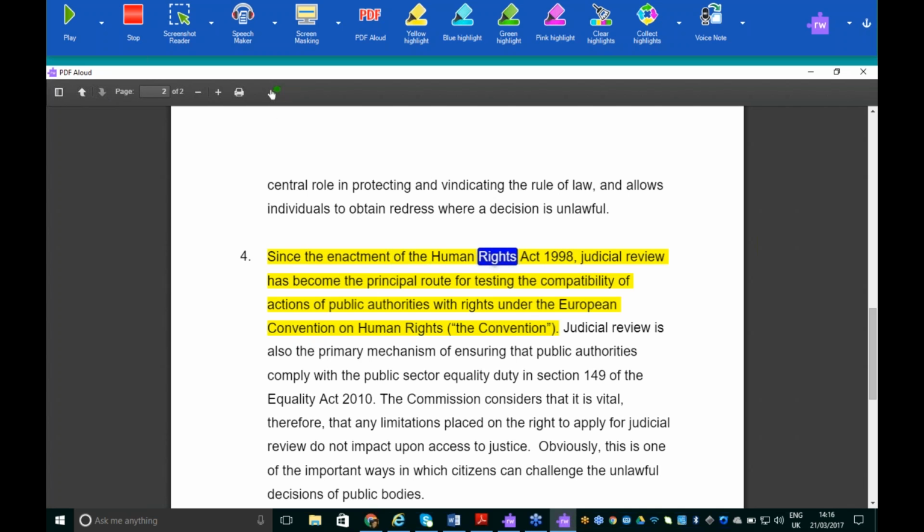Since the enactment of the Human Rights Act 1998, judicial review has become the principal route for testing the compatibility